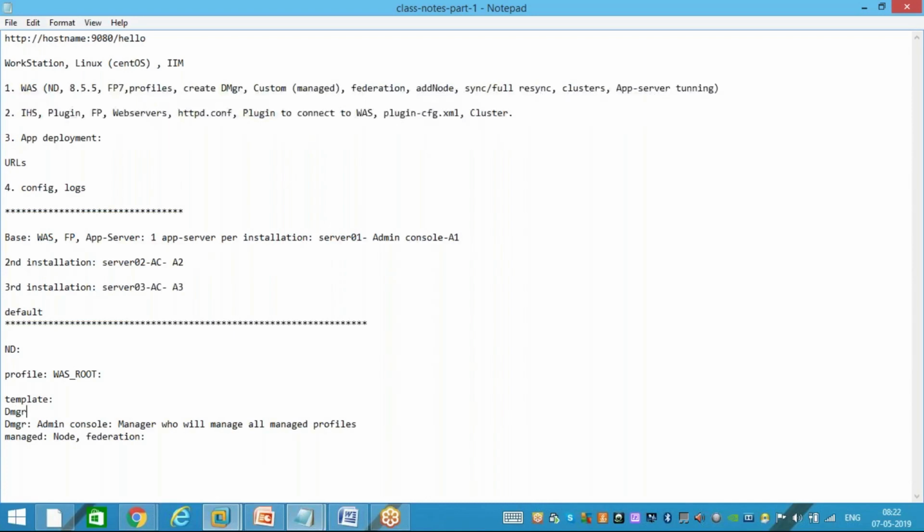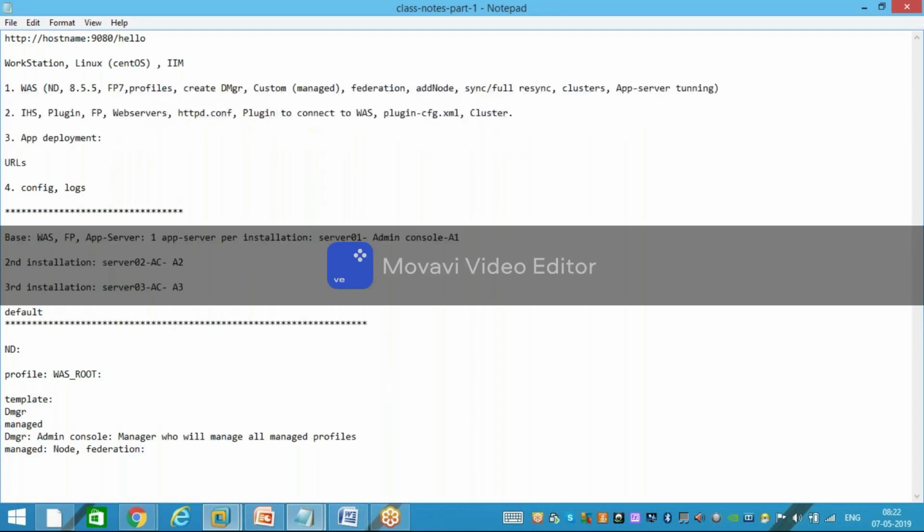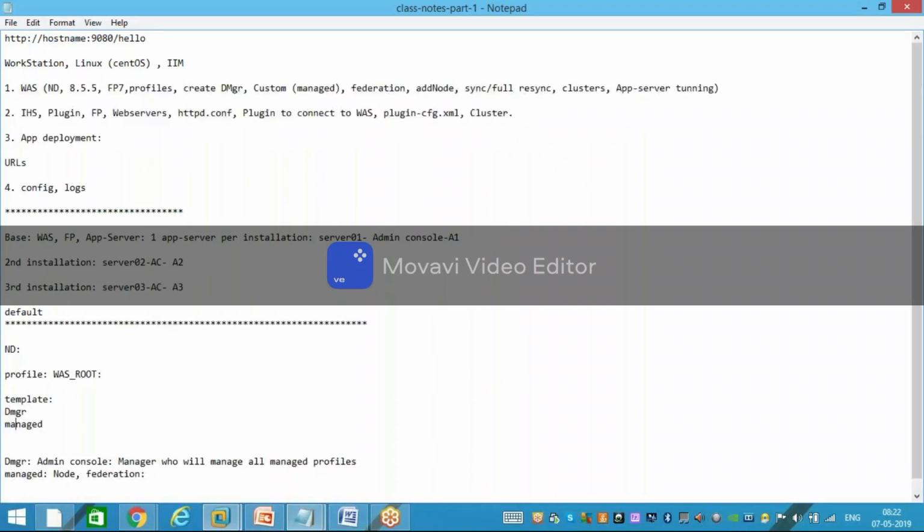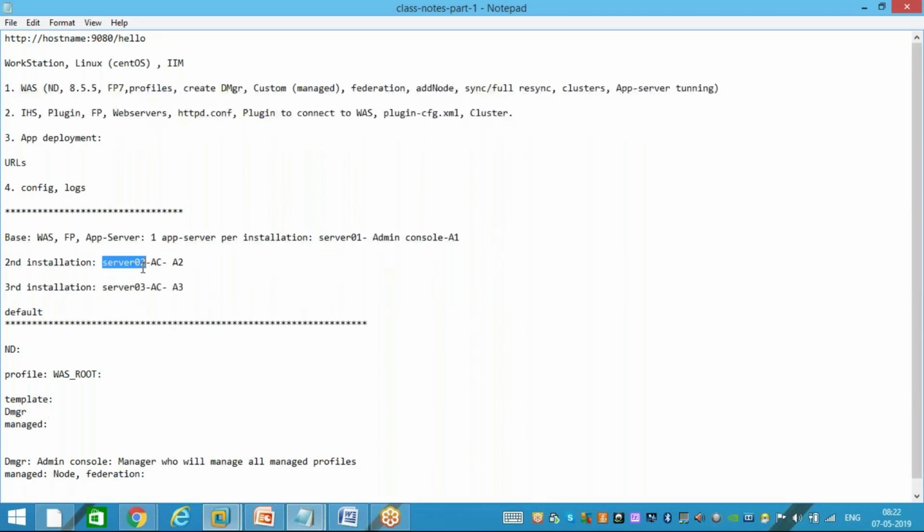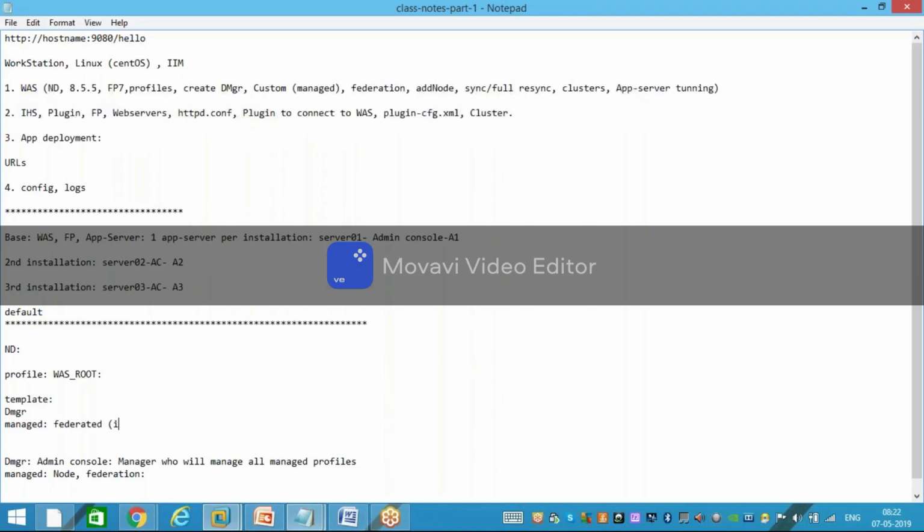One of those templates is the DMGR template, and another is the managed template. So DMGR is for the kind of team lead who will do all the management stuff, and all the subordinates are managed persons who say, okay, I can do my own self-management. Yes, as a base package, I can have my own admin console, but I'm not doing that. I'm making sure that I'm being federated, and during federation I am making sure that my facility to